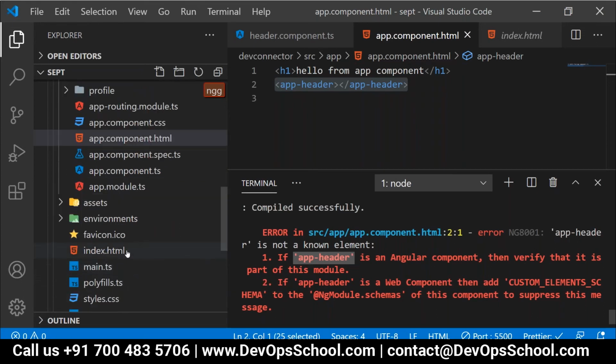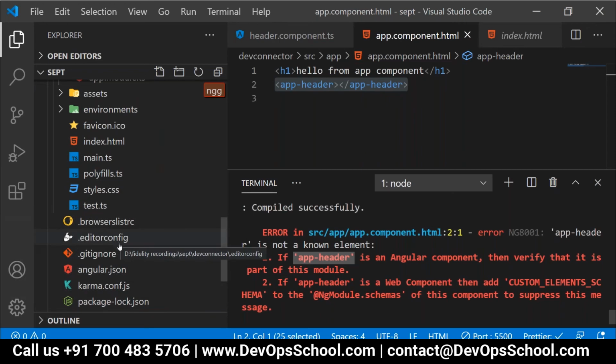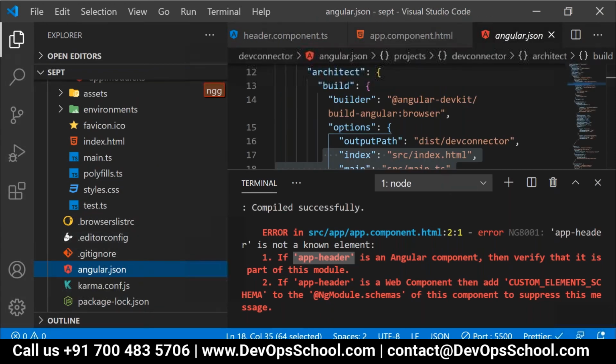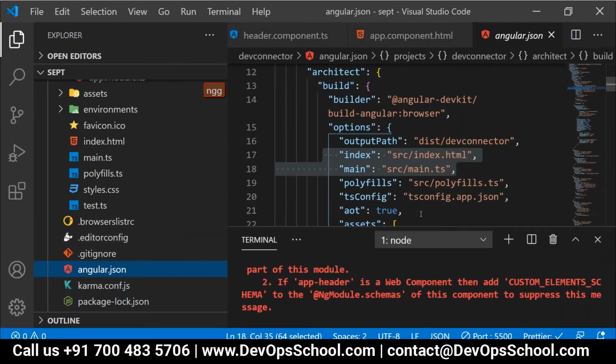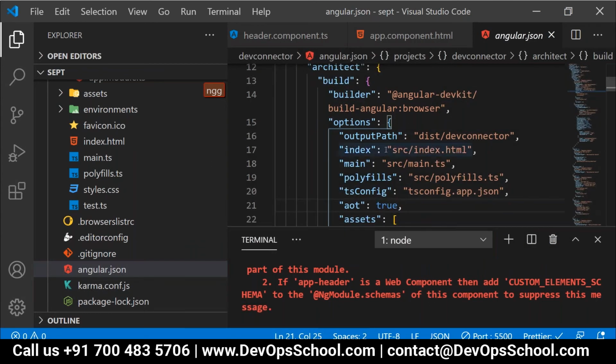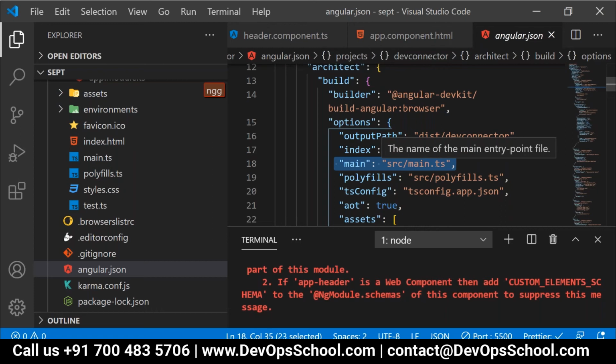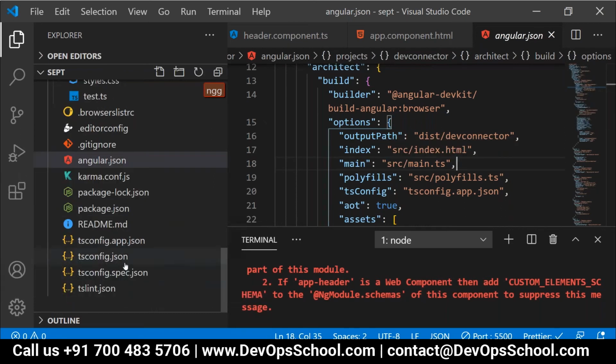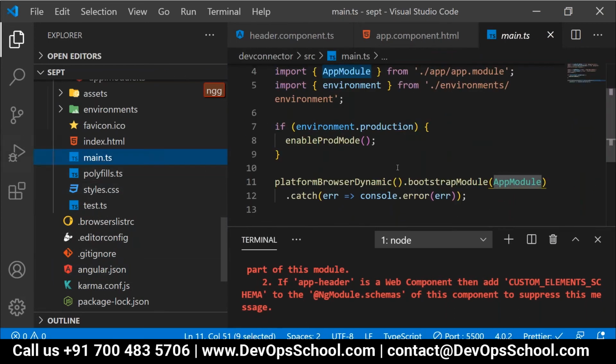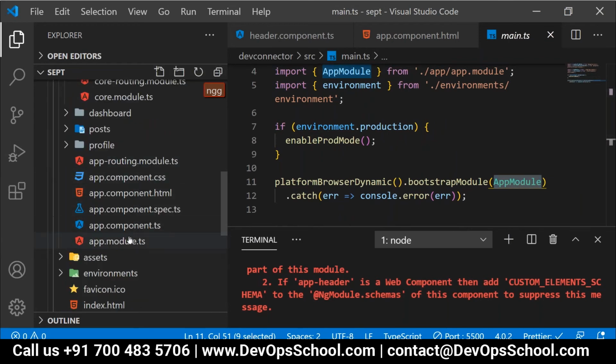The reason behind this is during the transformation, where is angular.json? During the transformation, it has this information that whatever we use with this index.html is connected with your main.ts. Agree? The relation between index.html and main.ts is defined over here. And because of main.ts, it will get to know about the app module. When it gets to know about the app module, will it read the app module details?